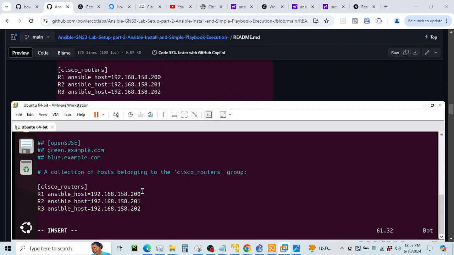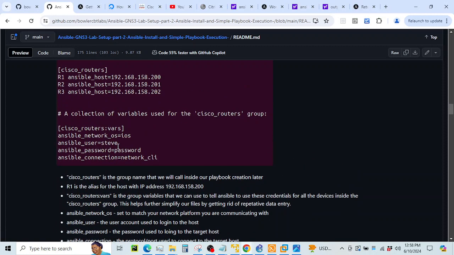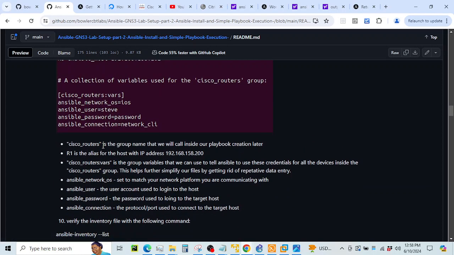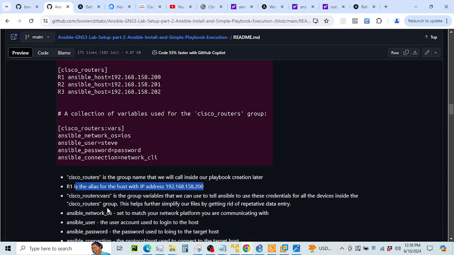Okay, so now that we have our group defined inside our inventory file, let's go back and recap what we did. We created the Cisco routers group, and that is what we're going to use to call inside our playbook creation later. R1 is the alias for the host with that IP address, and